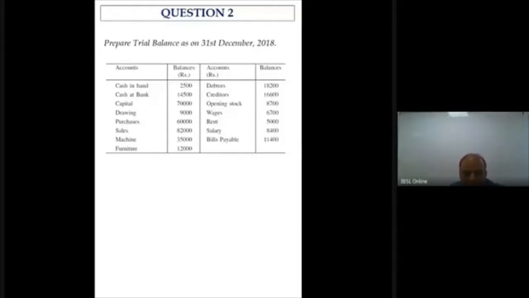First, you have to mark whether these are asset, liability, income, expense, or capital. And then you have to put it into the trial balance format, which is the two column format. You have to call it debit and credit. And then you have to say what kind of a balance it is. Okay. Now in the earlier question,